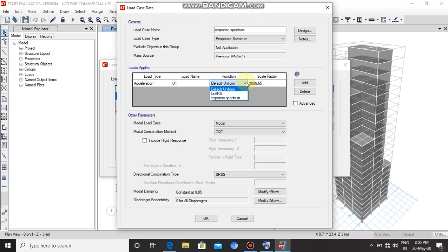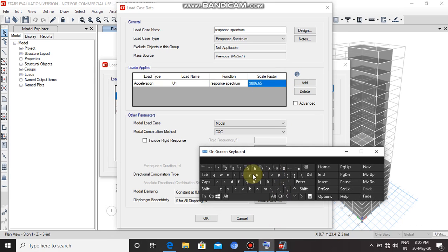Now select response spectrum from the function drop down as shown, and the scale factor as 1663.5.